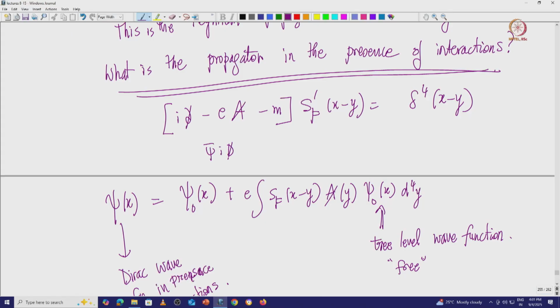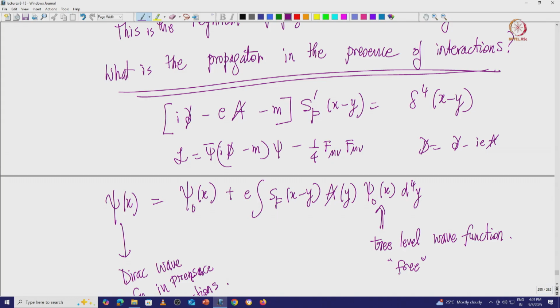Anyway, the Lagrangian I will write down: L is equal to psi-bar (i D-slash minus m) psi minus 1/4 F mu nu F mu nu, and D-slash is equal to del-slash plus i e A-slash. This i e A-slash is the interaction term which we wrote down, and the equation of motion is obtained just by removing one psi.